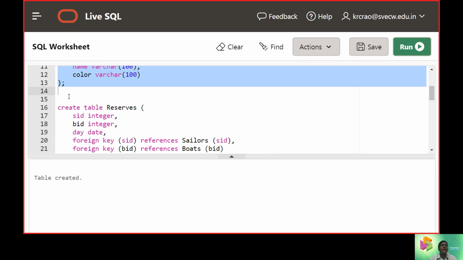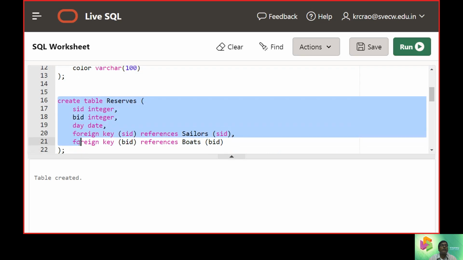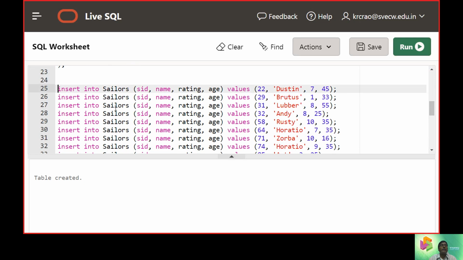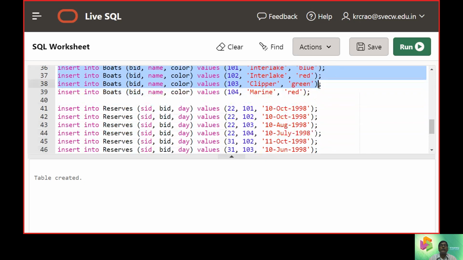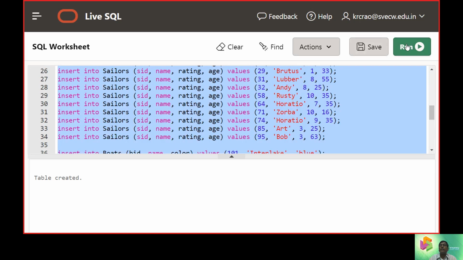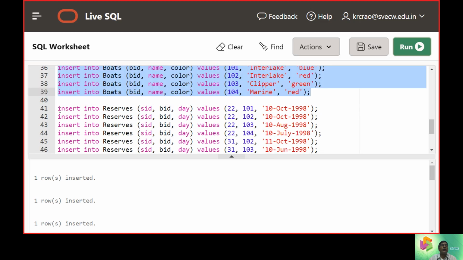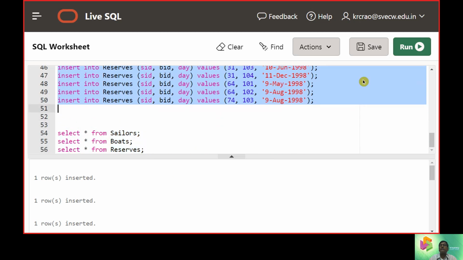Three, the Reserves database. Three databases have to be created. Then we need to give insert commands to Sailors, Boats, and similarly to Reserves.